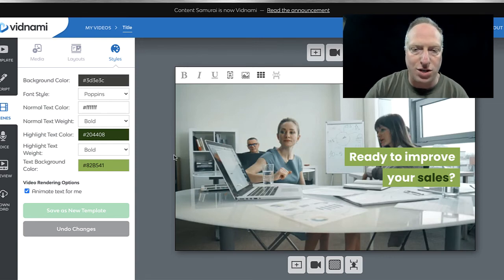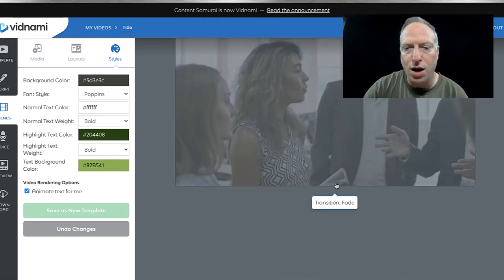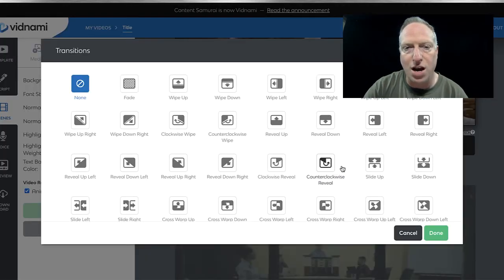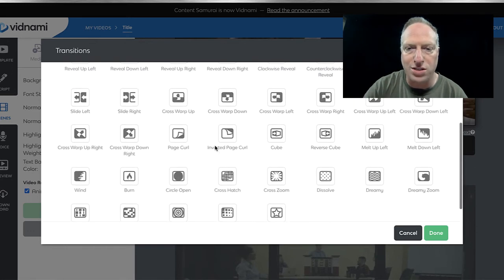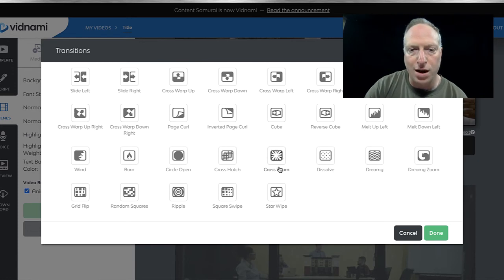And the transitions are also something that you can have it automatically do for you, or you can go in and change those manually. So if I see the none, I can then go through and I can have all these different types of transitions that I have the choice of implementing.